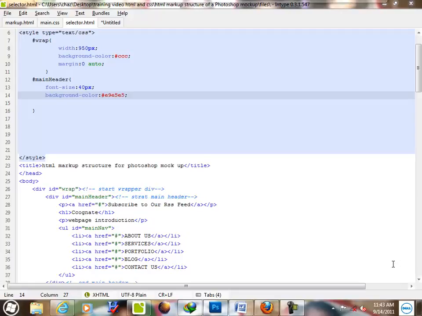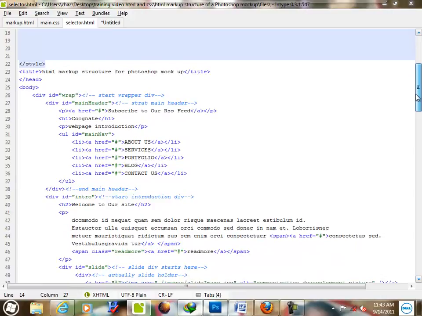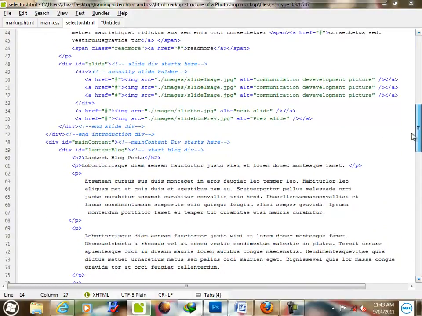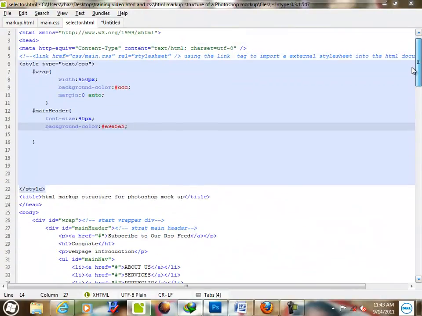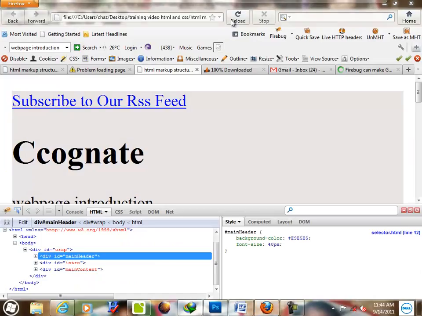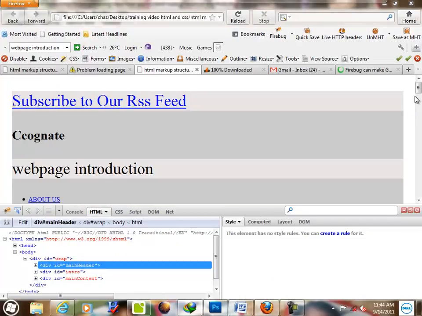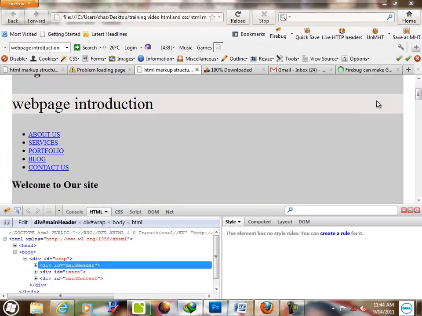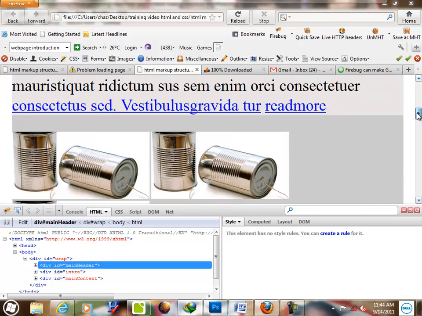Okay, welcome back. Now we talked about the ID selector and how to use that in your CSS styling and how to create a declaration from a particular ID selector. Okay, let's try something else. Let's say we have a universal selector of P with a background color of this, and we go back to our browser, refresh, and you can see that every P paragraph has that background color and that size of